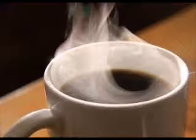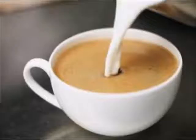The hot coffees are mostly for the smell. Once you add the cream to the coffees, it will add a little bit of a sweet taste and give it a more yummy, creamy type flavor. But if you just get the dark or just the regular black coffee, you're mostly going to smell these smells,